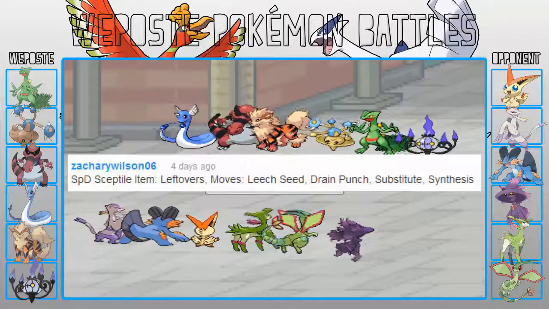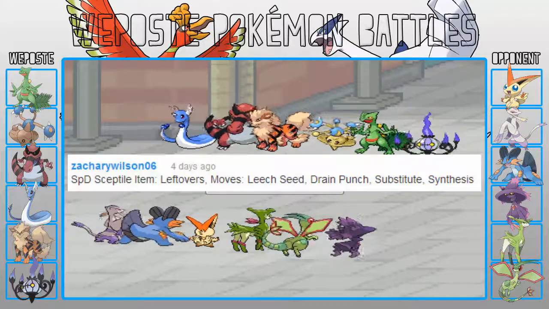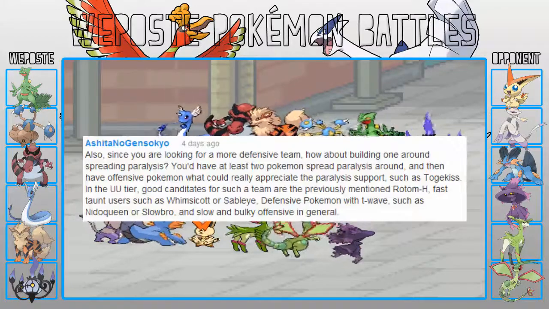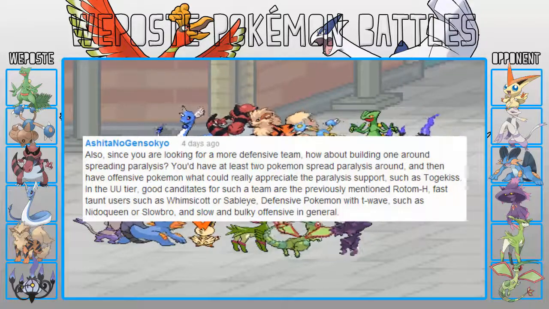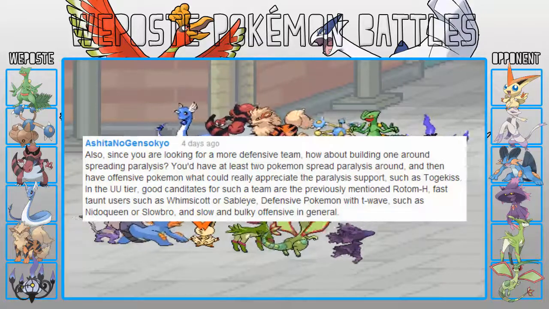Subseeder. I put a bit of speed in there because I just want them to get the substitute off first, even though he can take water hits. And then Chandelure is there to be kind of the sweeper because I used the idea of Shitanoga and Sokyo suggested that this team be based around paralysis. So basically the goal is to try to spread paralysis everywhere and then just let Chandelure come in, clean up,